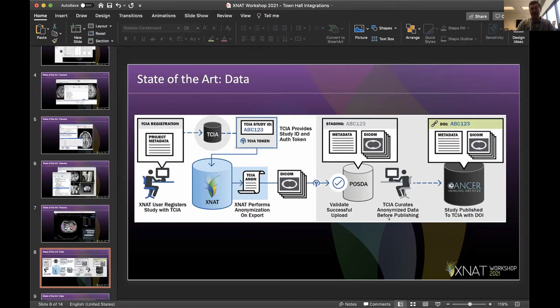But if you're already in XNAT, that's a really awkward workflow to have to get your data out of XNAT into CTP and then separately upload it into their archive. So we thought it'd be a lot more streamlined to just be able to basically have a push of a